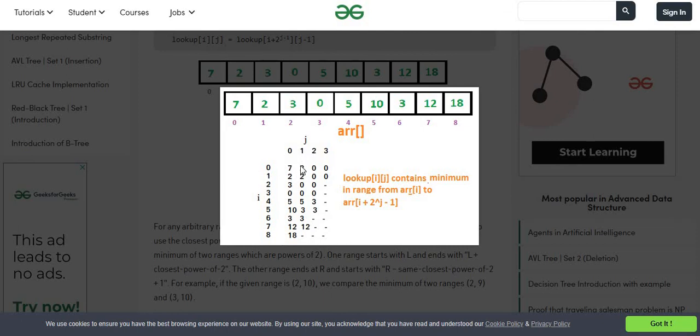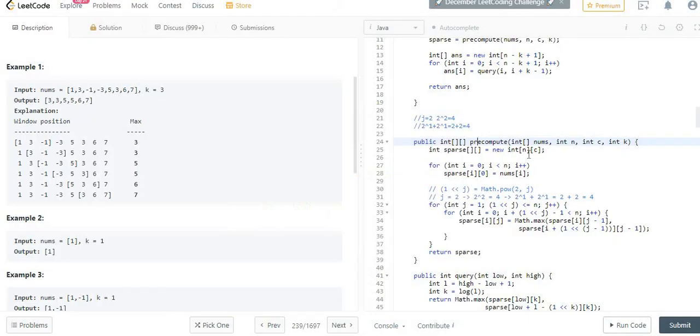Similarly it will again perform the minimum operation on this column, and it will output those things into the next column, that is the j plus 1 column, and this way it will keep on moving to the right, and it will form your sparse table.